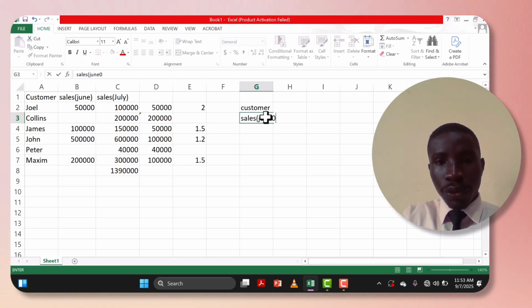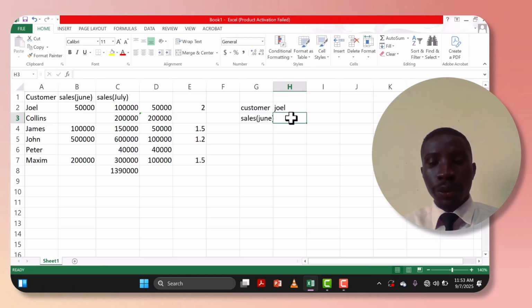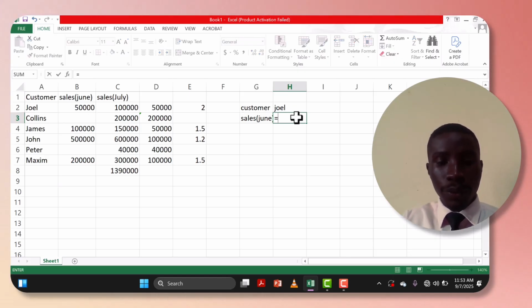So we'll type it here. So it is Joel we want to look out for. So we'll come to this table and we type the VLOOKUP function, which will look up for this value within the table, and this will be equal to the VLOOKUP